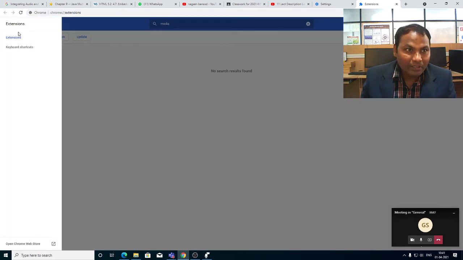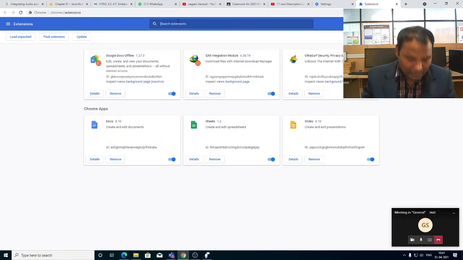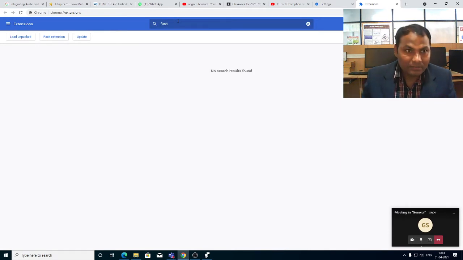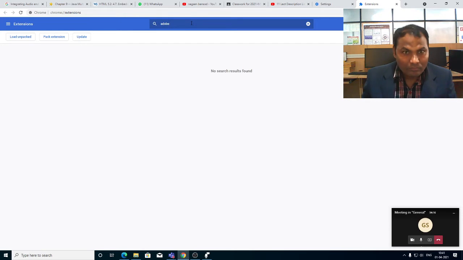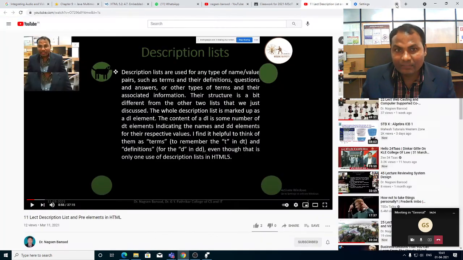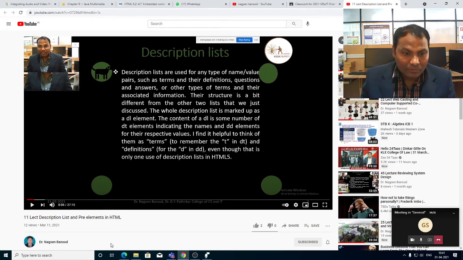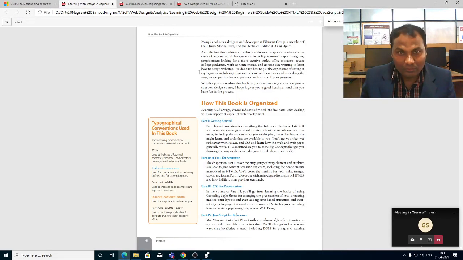So from here we can add files like Flash, but suppose there are no file extensions in the browser. In such a case we have to provide the file through coding.